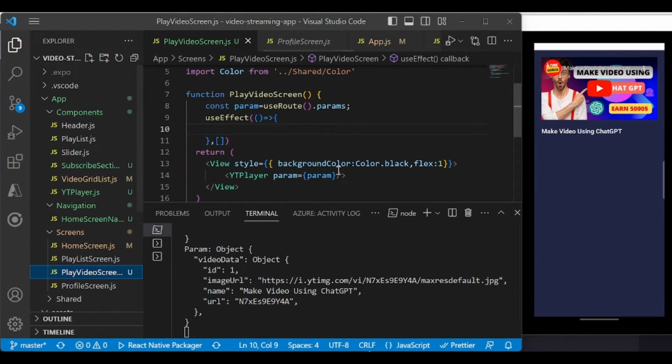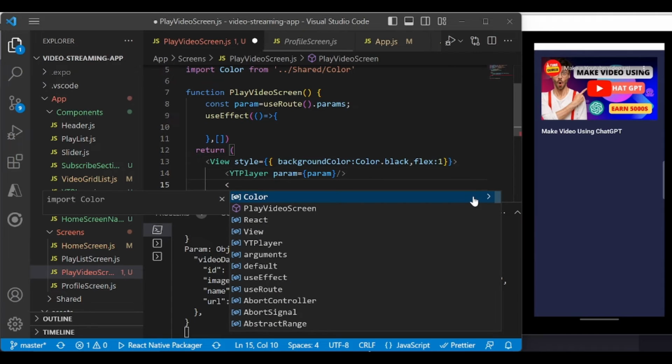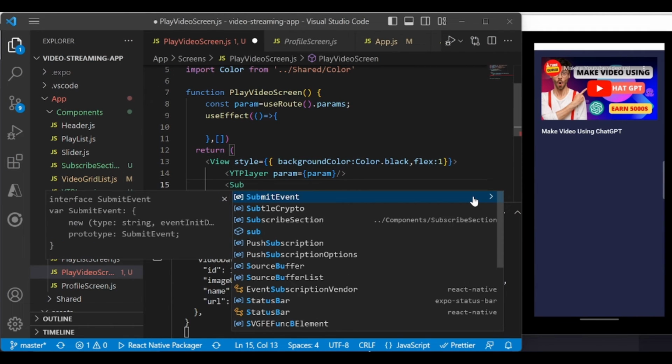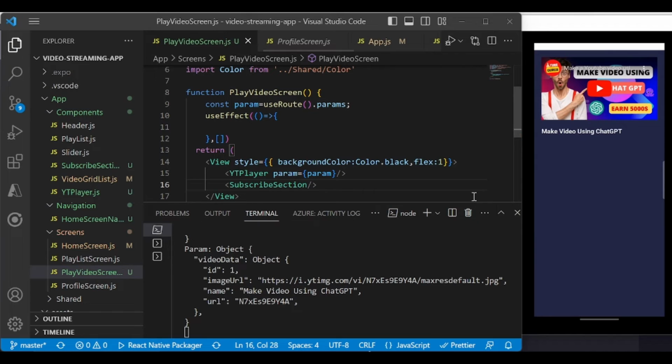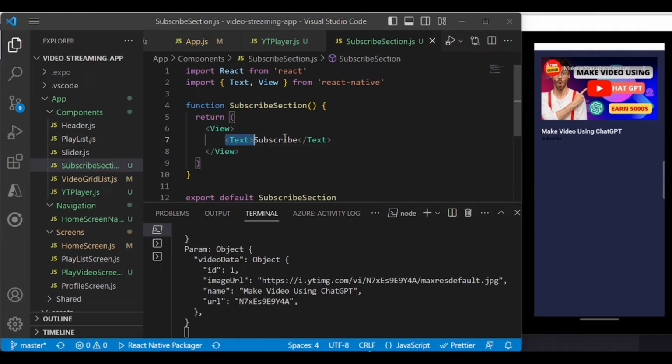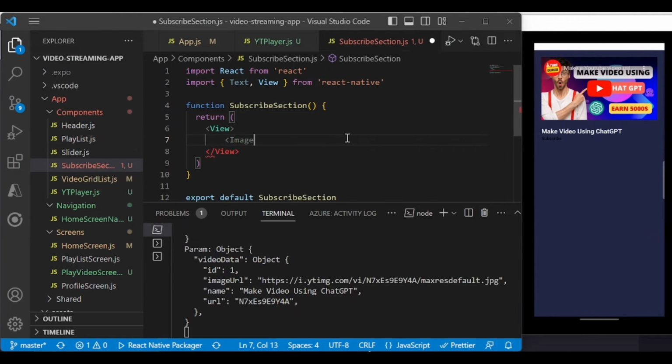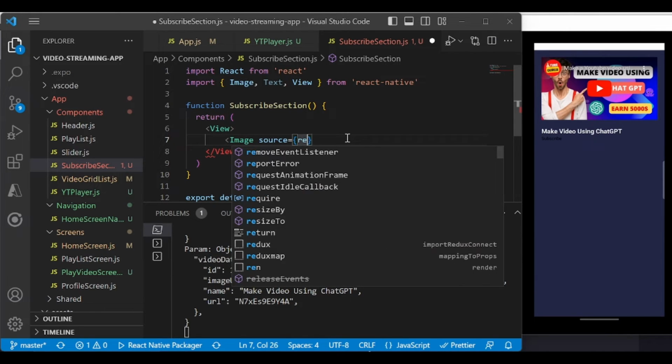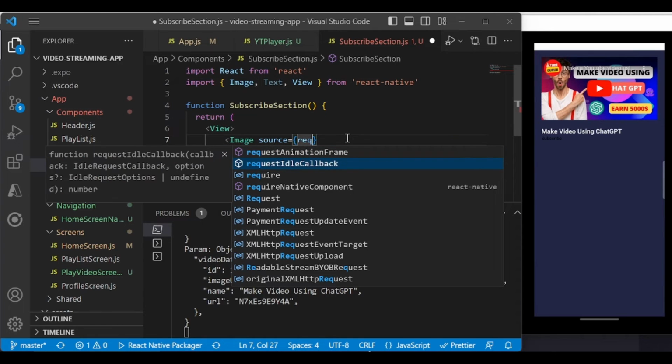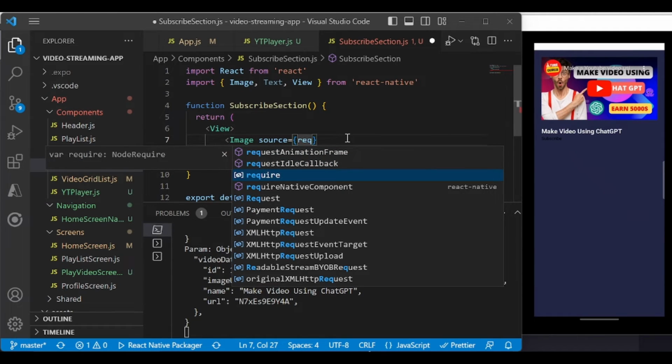play video screen. Here you have to import that component. So it's called subscribe section, and let's see, you're able to see this text subscribe. Perfect. Now go to the subscribe section. Here I will define, we already defined the view, right? So let's define image, import that image, and source. You will define the require, because we are using the local assets. Okay,